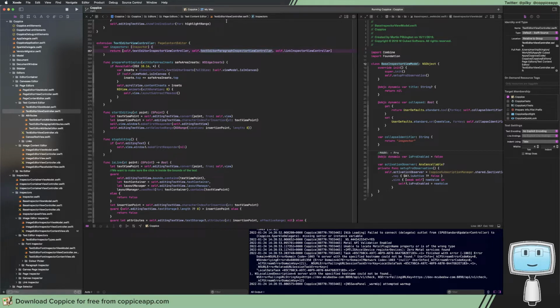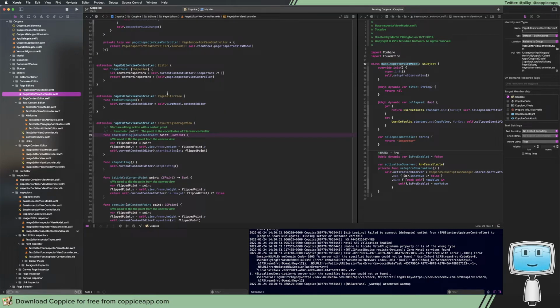So you can see here the text editor view controller, when that is the thing that's selected, it pulls out these three inspectors: text editor, paragraph, text editor inspector, which is technically the font, paragraph, and link. And then what it does is it goes to the parent, which would be, I believe, page content editor, which is itself an editor. And what it does is it gets its current content editor, which is either text or image, and basically adds those in with the page inspector view,